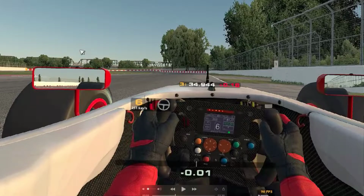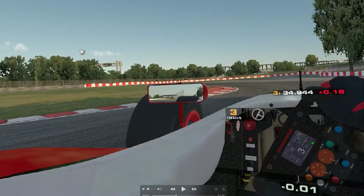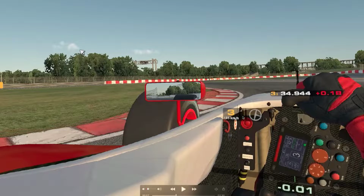But anyway, let's go back to the tutorial. So we were saying you have to brake hard into turn 1 using this as a brake marker. You have to shift down into third. So when you start turning, you're already in third, and I'm still trail braking into the corner, but don't trail brake too much because this corner is kind of tricky because